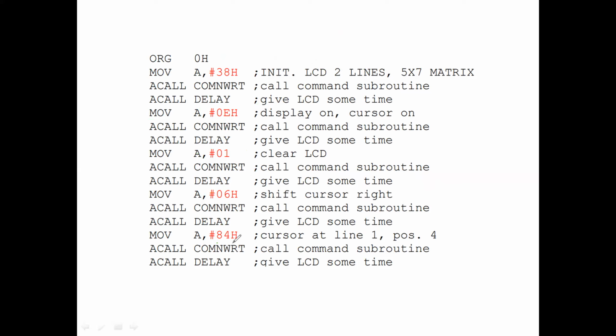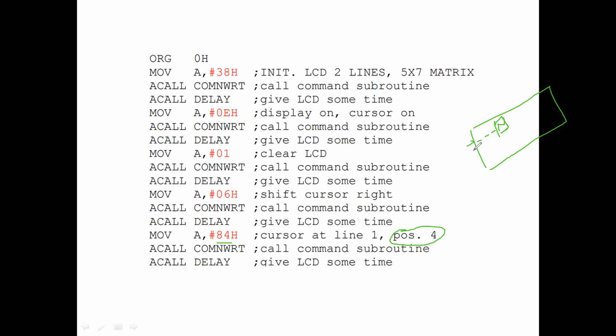Here we are mentioning 84. If you want to leave 3 spaces and place my data in the 4th position, for example the first character N should be placed in the 4th position.